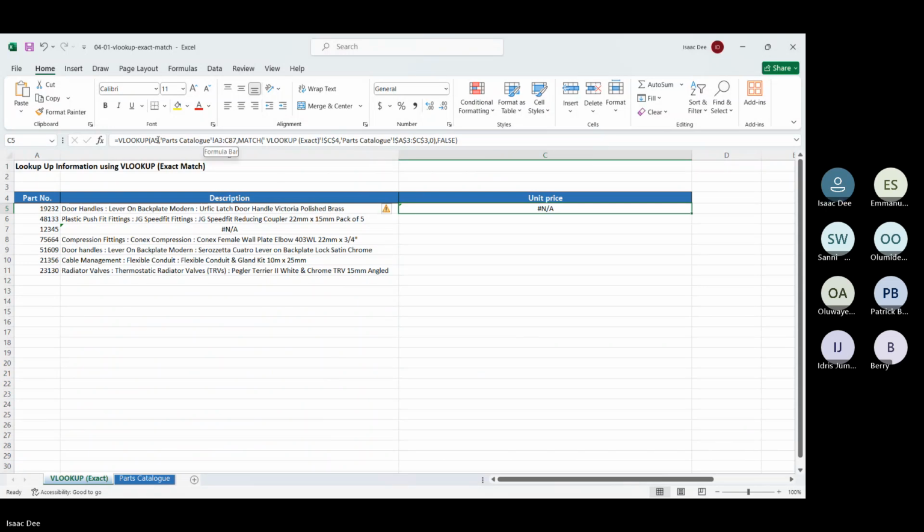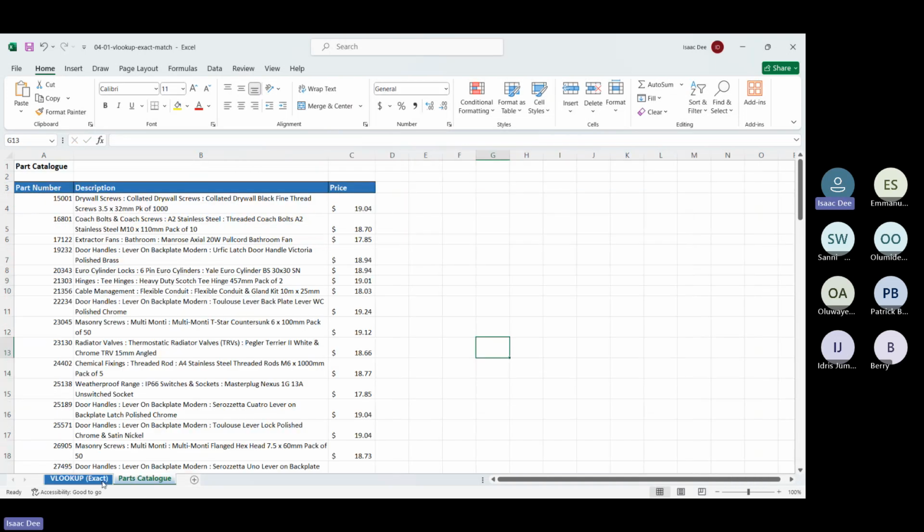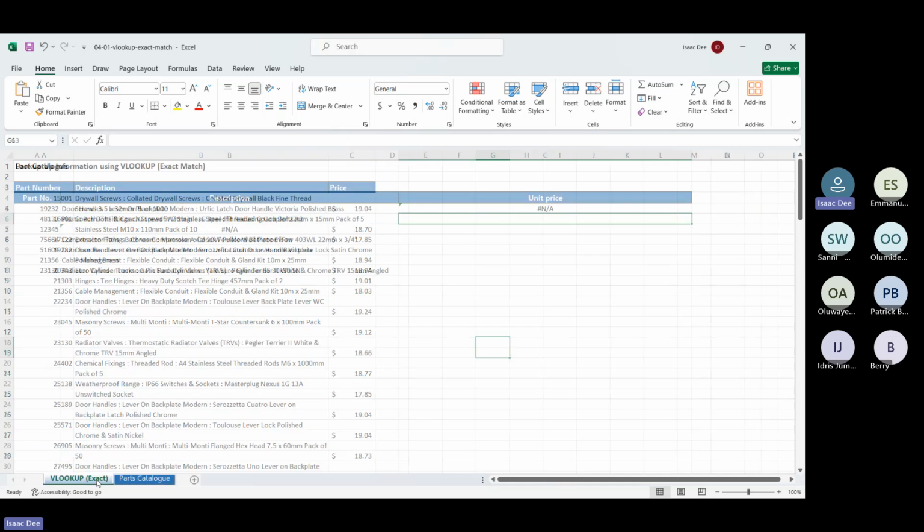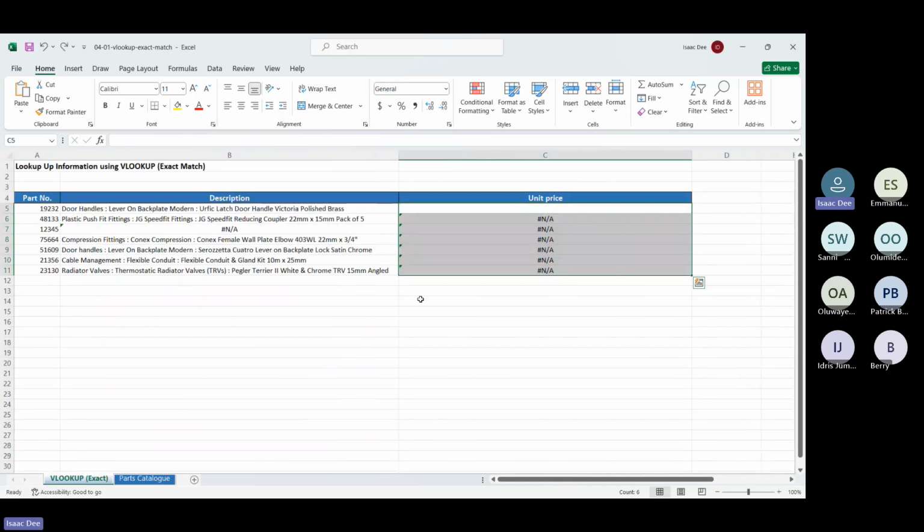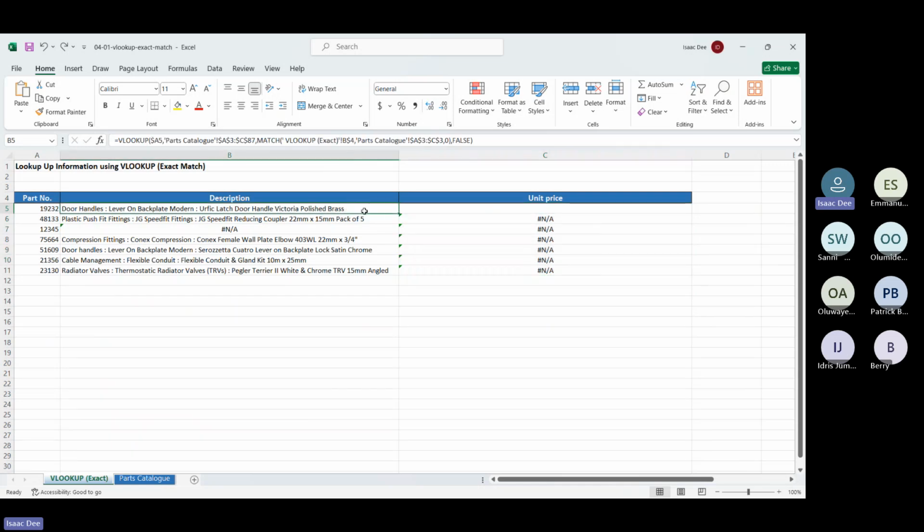A5. Yes, that's the catalog here. Column index is C5. Okay, I think I get where the issue is. What I did the other time was actually right. The reason there is an error is because